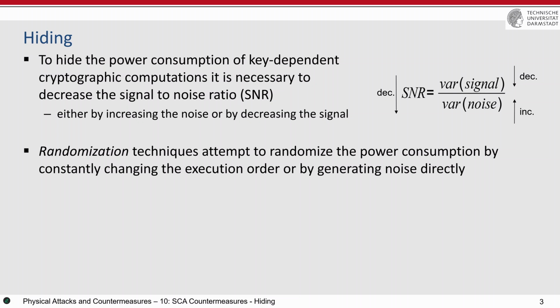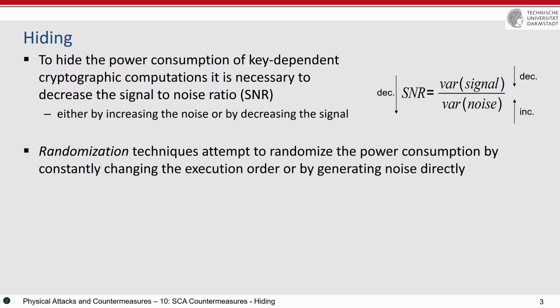Yeah, then the randomization can be done in two domains. In the amplitude domain, for example, there is another module inside the circuit which consumes power with some random data, which is not considered in your attack and is completely irrelevant to the target that you want to find out. For example, you have an AES, and at the same time there is another AES which works